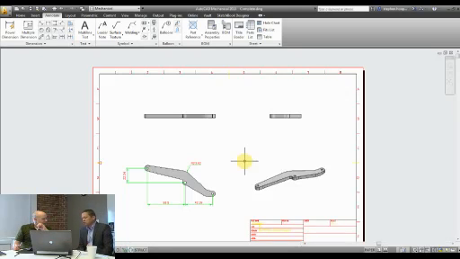Absolutely. I chose this example because it's more obvious to remove the lightening hole, but you remember we changed the length of the arm? Well, we could change the length again and all the dimensions would update. We wouldn't have to re-annotate the drawing. So as a draftsman, this would really speed up your process dramatically. So this is a huge, huge productivity tool.